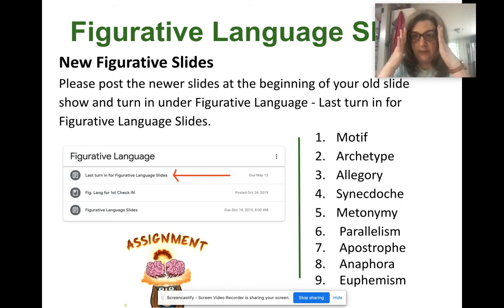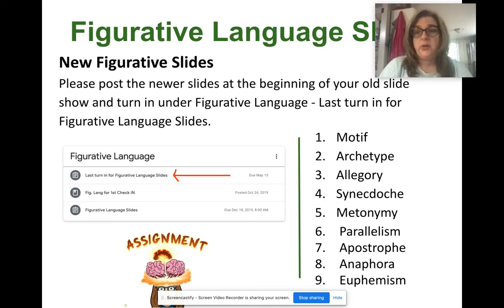You'll have all 21 of them, so that you have somewhere to start next year when you get in Miss Chadwick or Miss Pruitt's class, either one. They both do literary terms. These will not be complete for them, but they'll be a starting point for you to use next year. And I want you to make sure that even if you miss some on the original figurative language slides, that you go back and fix those, because you're going to need them for their classes.